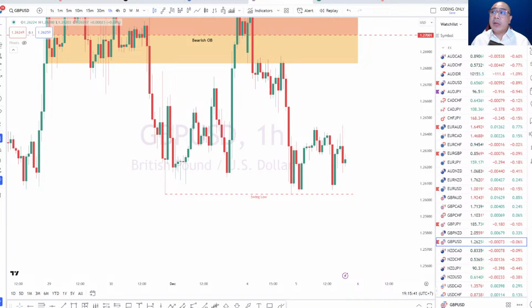The difference between demand and supply zones and order blocks, I've already highlighted that. The difference between the two of them is that a supply and demand zone can appear anywhere, right? Anything can be a supply and demand zone. But when we take a look at order blocks, and I'll explain this tomorrow during our final webinar, there's actually a trick to identify these order flows in the market.